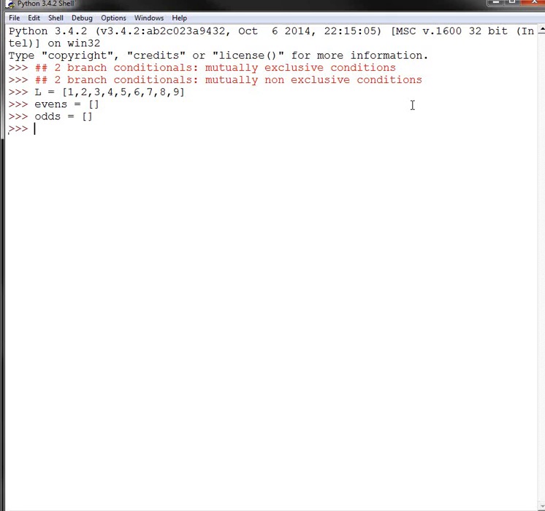Now, an integer can be either an even or an odd, not both. And so this would be an example of a mutually exclusive event. And so what I'm going to do is traverse L with a for loop, for num in L. And here comes the conditional. If